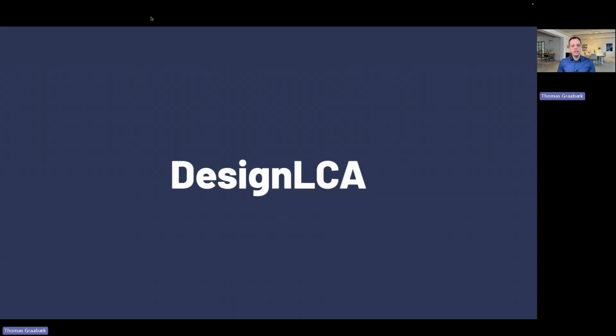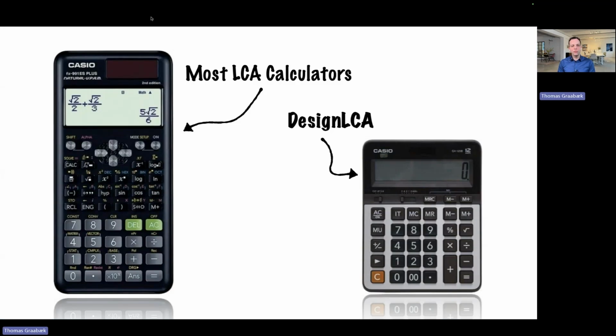DesignLCA is our tool, the free add-on for Archicad. And we see it as a very simple tool to use. When we look at other LCA tools, they seem very complex. And that's not necessarily a bad thing.